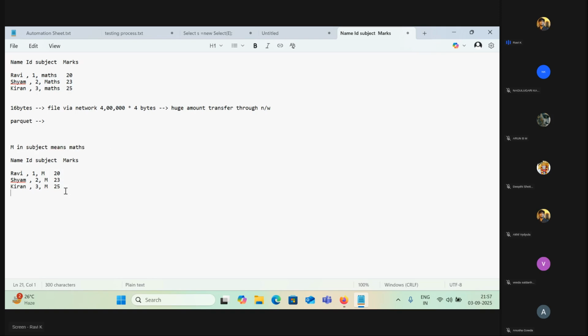So while transferring, it will transfer the file like this only. Once the user receives it, it needs parsing.